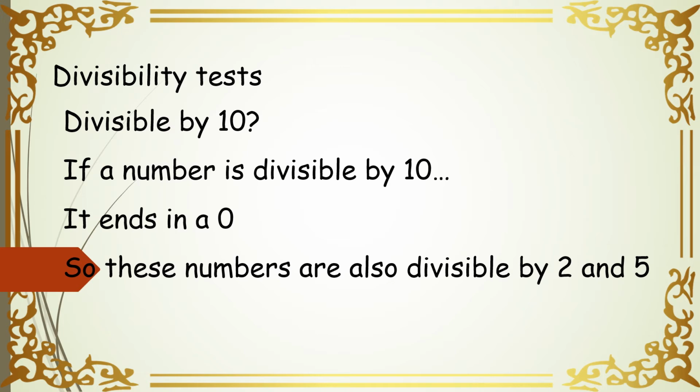If a number is divisible by 10, it ends in a 0. So these numbers are also divisible by 2 and 5. Remember this. Because 0 आता है तो 2 के टेबल में भी 0 आता है. Right? Test of divisibility of 2 जब हम लोग सीख रहे थे, over there also 0, if it is there in the units place, it will be divisible by 2. अगर 0 है तो it will be divisible by 5 also. And if there is a 0, it will be divisible by 10 as well. Okay, so remember this as this also.